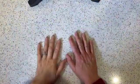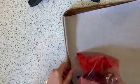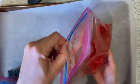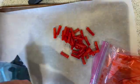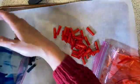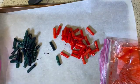Okay, friends, so we have let our ziti set for 15 minutes, and now it's time to pour it out. Let's see how the color came out. Ooh, nice and red. Let's see how the blues came out. Ah, nice color. Okay, so now what we're going to do is I'm going to get a spoon,